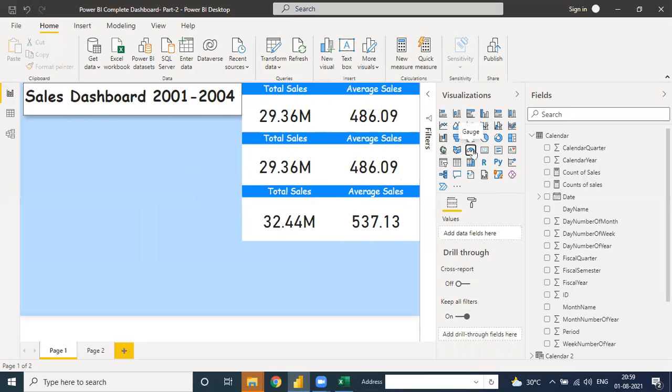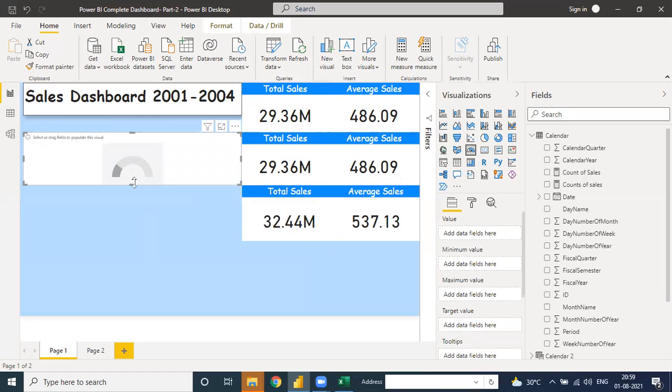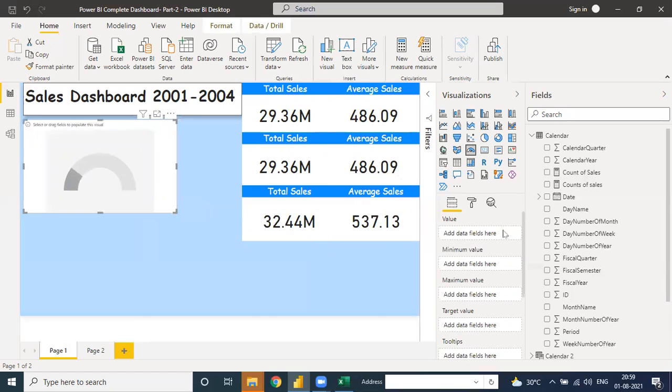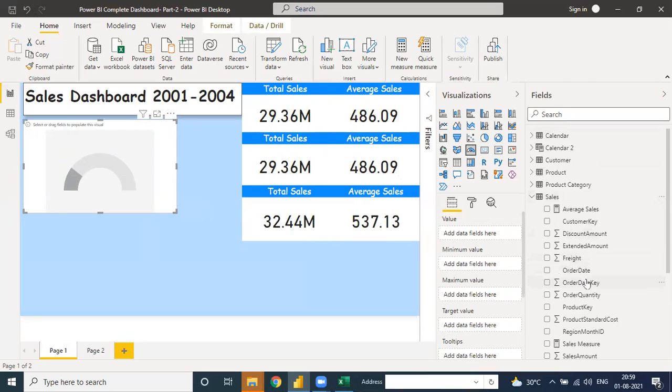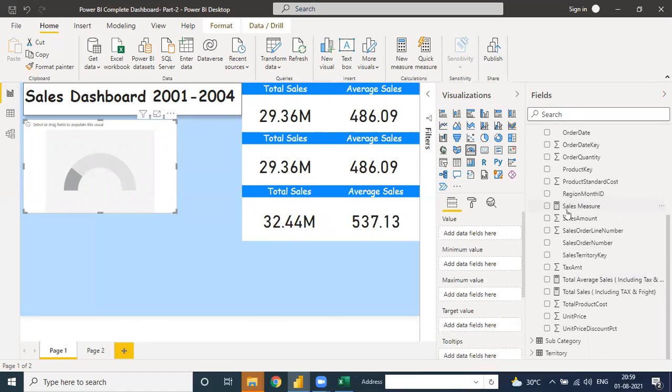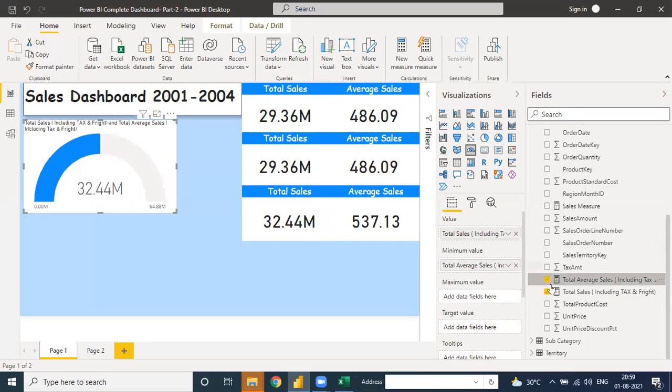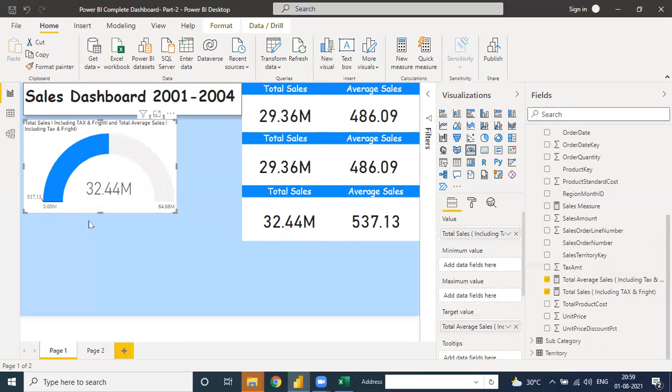Like under the Gantt chart, this one is used when you want to compare the target value with the sales. Suppose under the calendar table, we have a sales table. If we want to use the sales measure, this one, total sales, and the average sales is this one. So you can go to target, click here for the target value, see the average, sorry, not this one.